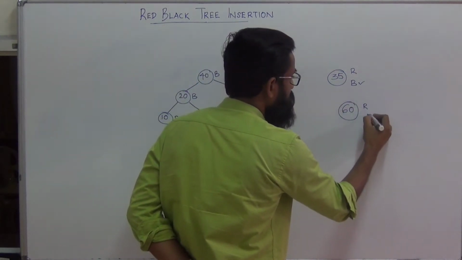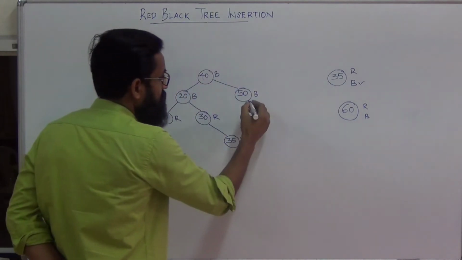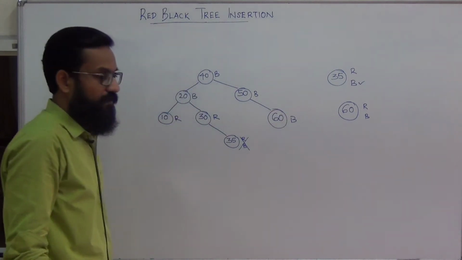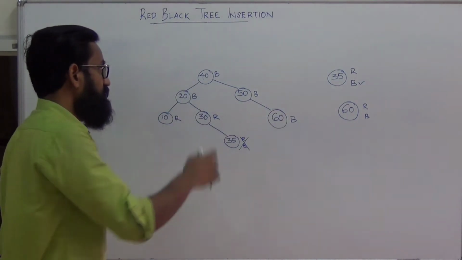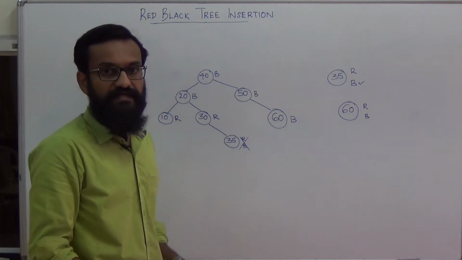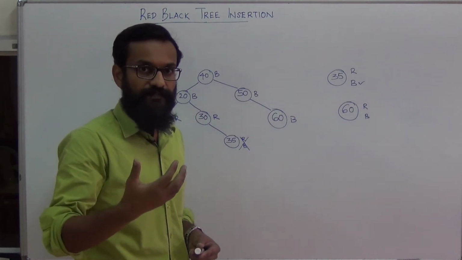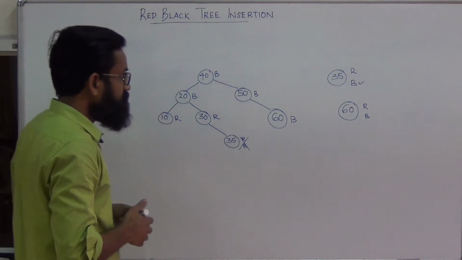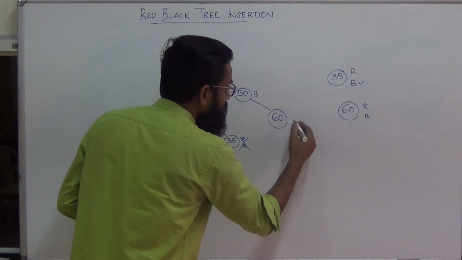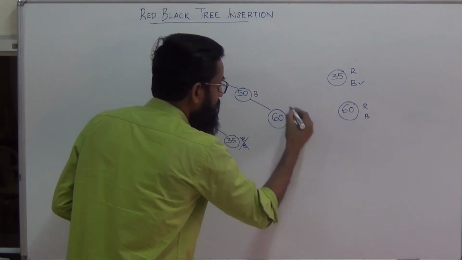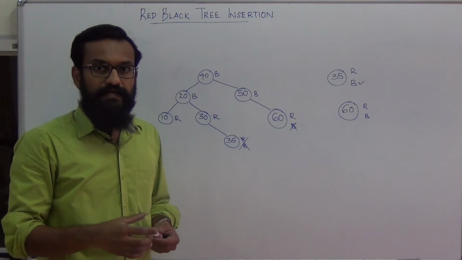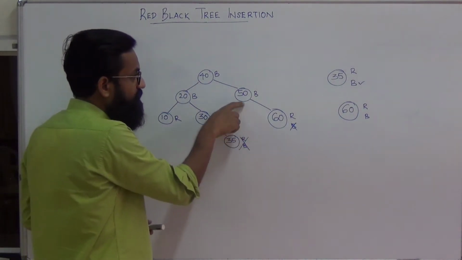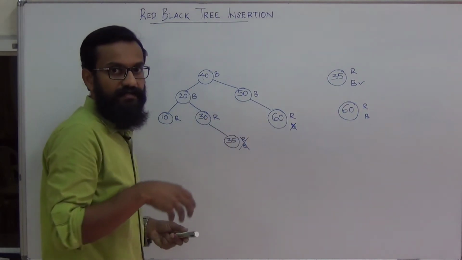So you are having two options, you can color it with red or black. Assume that you are going to insert 60 whose color is black. If the color is black, along the path from root to 60, the number of black nodes gets increased by 1. That disturbs the black height property. So what happens if I color it with red? If I color it with red, it will not violate any coloring property or black height property, because in this case the parent of the new node is black in color.